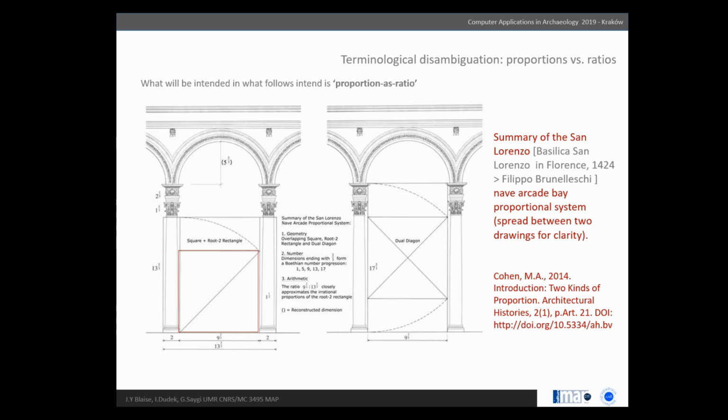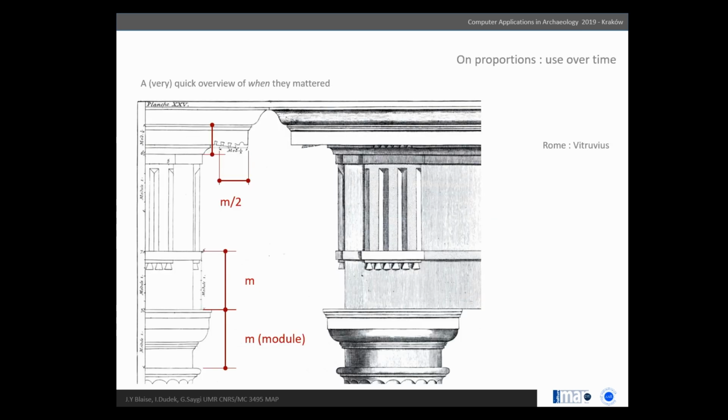And I'm showing it to you on one example from Cohen on Brunelleschi's architecture. Take one dimension and try to see what other dimensions are in relation to this first dimension. So this is what will be meant when I use the word proportion. Now, in the history of architecture, naturally, proportion has mattered over years, over time, from the Roman period, Vitruvius, I